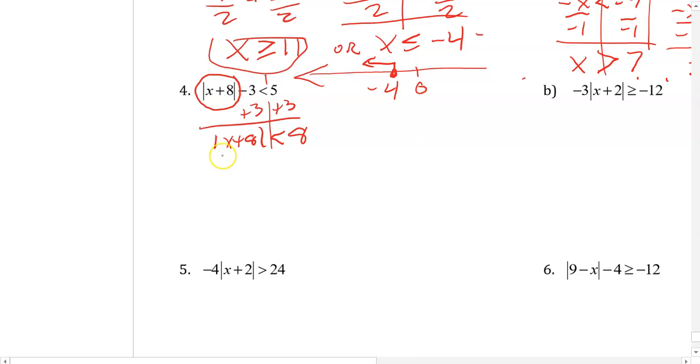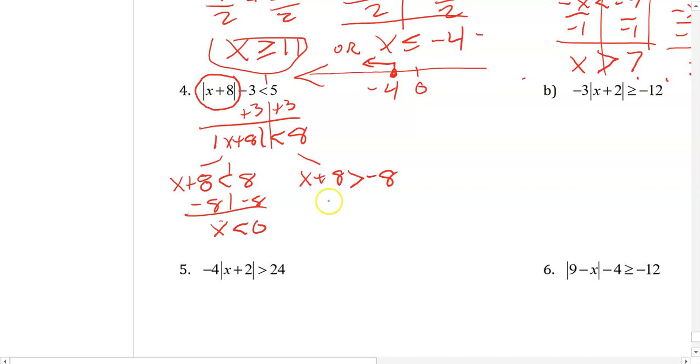Now I have to split up my problem into two parts. The positive: absolute value x plus 8 is less than 8, or x plus 8 is greater than negative 8. Again, I solve the left problem first, subtract 8 from each side, and x would be less than 0. Or I'll subtract 8 from each side: x is greater than negative 16. So we need a number between 0 and negative 16 to check, so I'll try